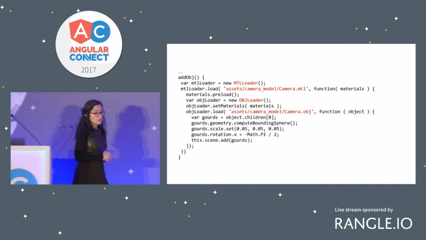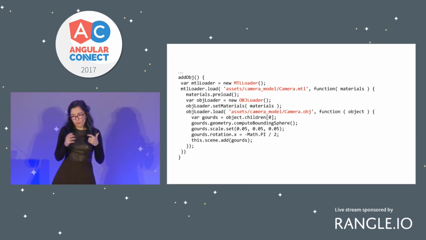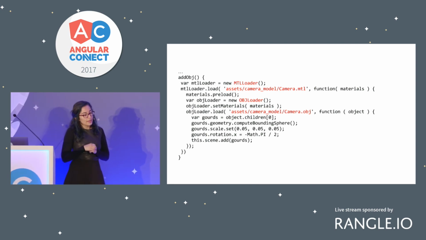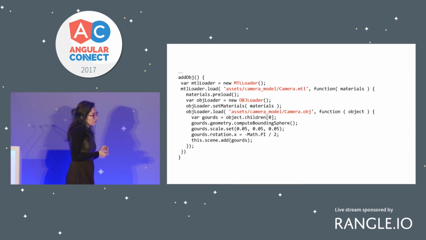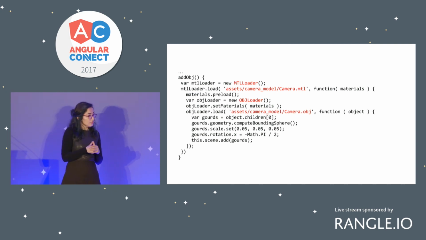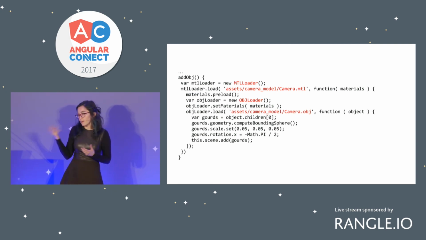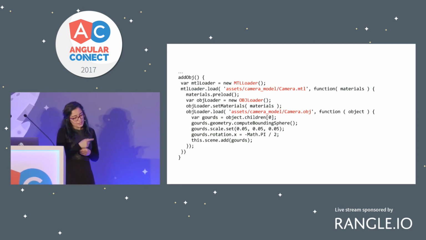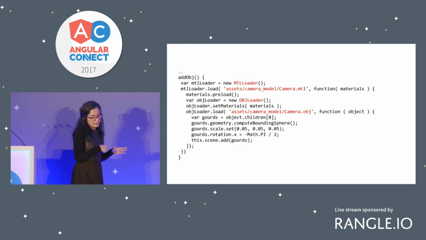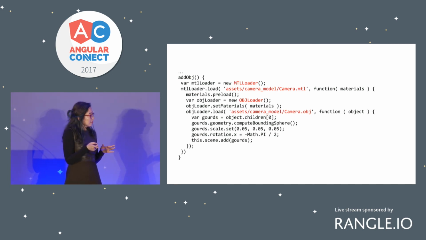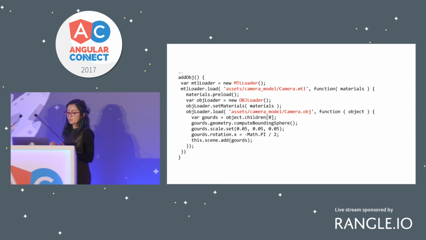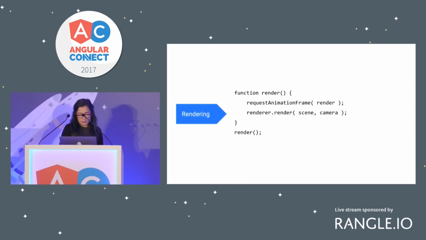The other thing that you can do is get those amazing models that I told you about from the Poly website or anywhere else. And to be able to do that, you need to have a loader specific to the extension of your model. In this case, we have an OBJ, and then we have a material that's defined with an MTL extension. And we are loading them together and attaching the material to the object.